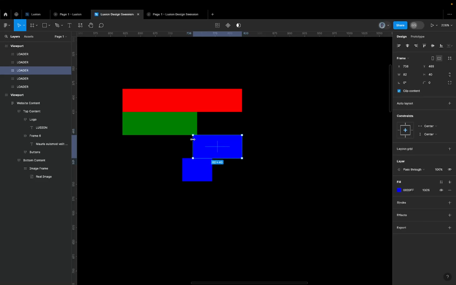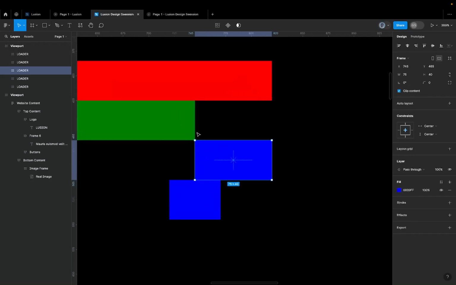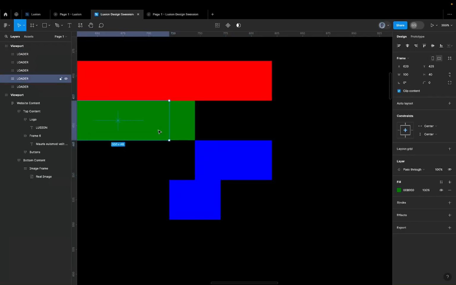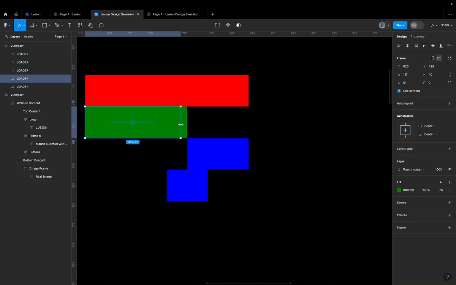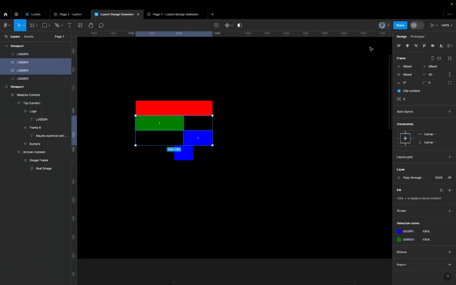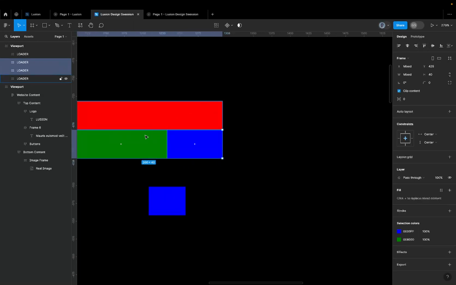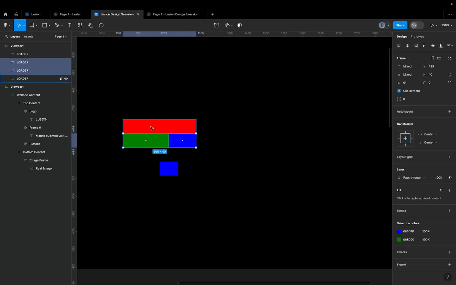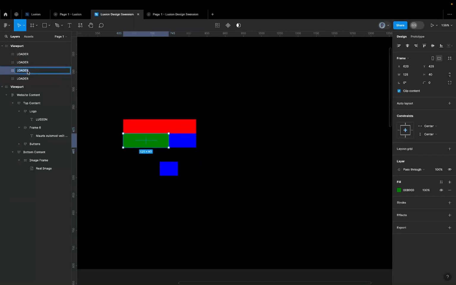So yeah, I'm going to then shrink this one to stop where this one ends. Now I'm going to stretch this one here, all the way to this side. So I have been able to at least follow a method, and you can see that if you add the two of them together, the sum is the same length as the original loader. So I'm going to call this one vertical. It's going to become the vertical at the end of the day. So let me just call it vertical from now. And then I'm going to call this blue one here,